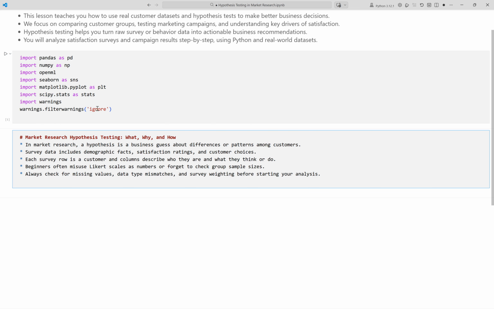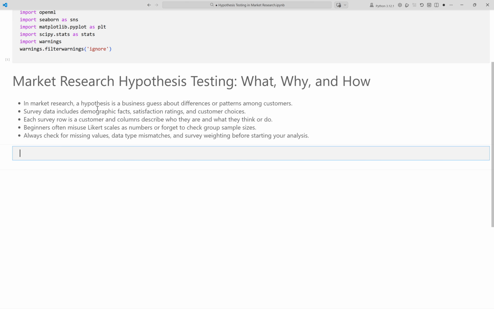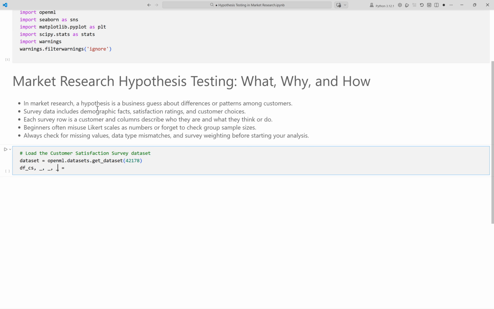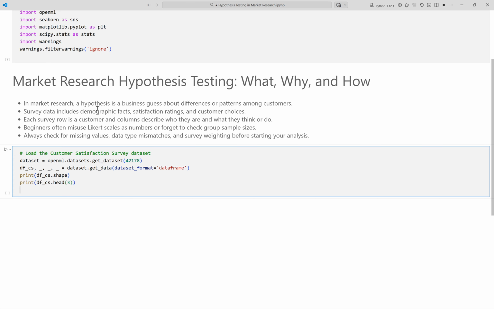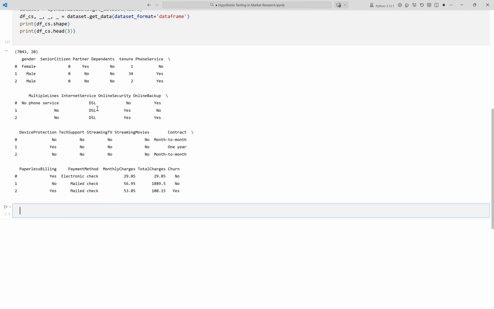Running the cell now. We are going to use a real customer satisfaction survey dataset. We load the dataset directly from OpenML for authentic analysis. We transform it to a pandas data frame for easier manipulation. We print the number of rows and columns so you can see the dataset size. We preview the first 3 customer records to understand the data structure. Running the cell now. Here, we loaded the customer satisfaction survey dataset containing 7,043 customers and 20 columns of demographic